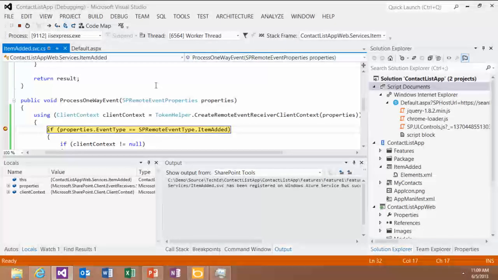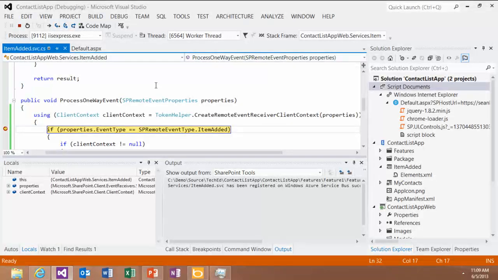It's kind of funny. Sometimes it will take like 10 or 15 seconds, so I was really happy that it came so quickly. But what's really happening is I just clicked an item on my local host web page. It called through to SharePoint to go and add that item up to SharePoint. SharePoint recognized, hey, there's an item added, and it fired that SOAP service call. And instead of it calling to my local box, which it didn't know about,